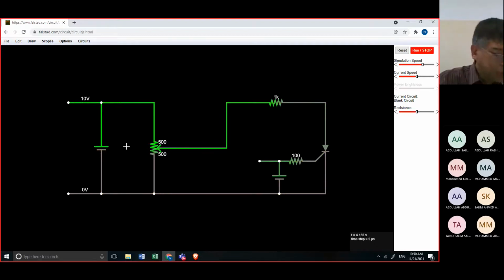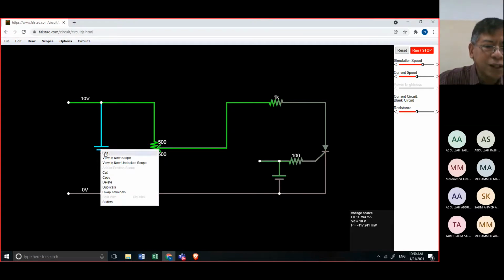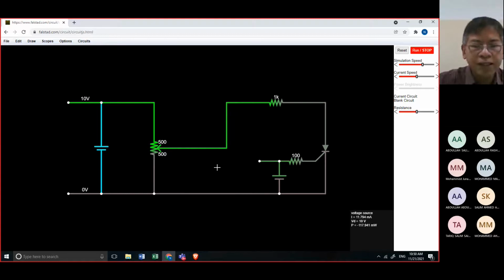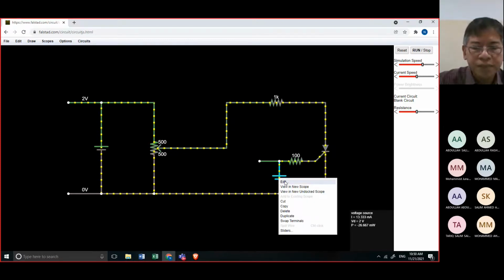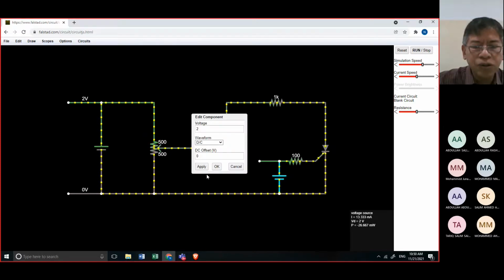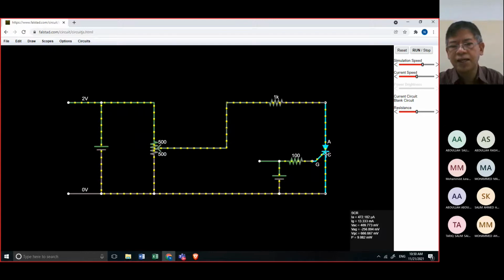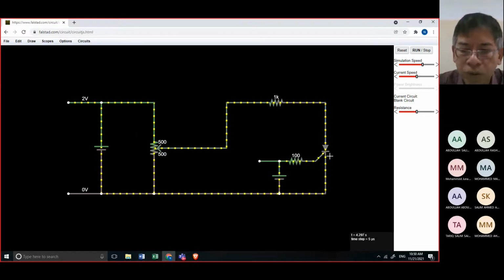Then we will start here from voltage source equal to 2 volts, and we have also 2 volts here. With 2 volts and 2 volts, it triggers the SCR. It's now in operation mode.